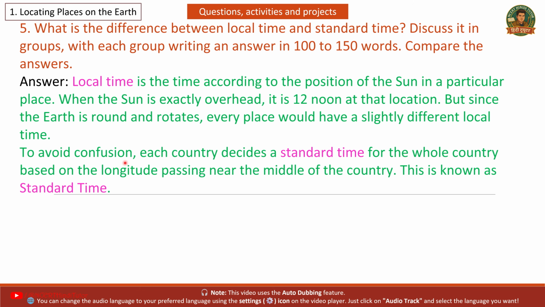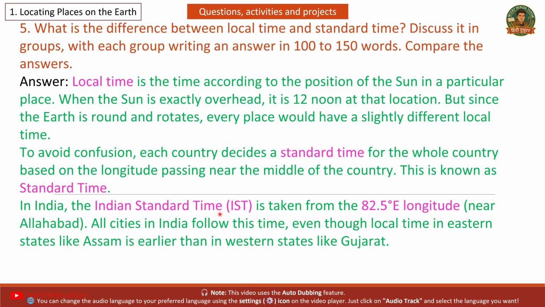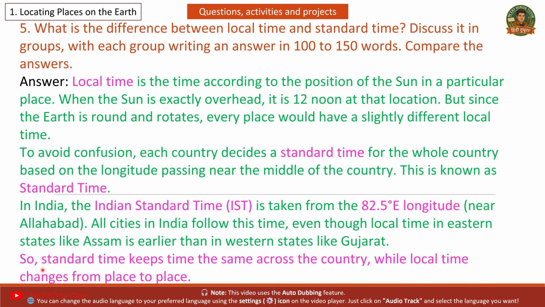To avoid confusion, each country decides a standard time for the whole country based on the longitude passing near the middle of the country. This is known as standard time. In India, the Indian Standard Time (IST) is taken from the 82.5° east longitude near Allahabad. All cities in India follow this time, even though local time in eastern states like Assam is earlier than in western states like Gujarat. So, standard time keeps time the same across the country, while local time changes from place